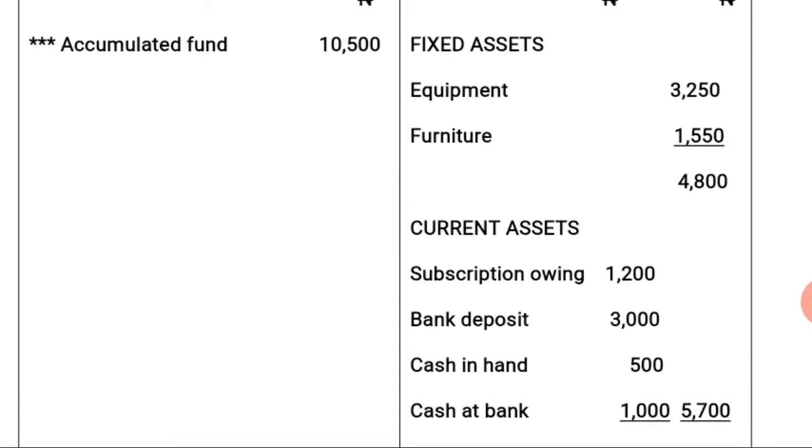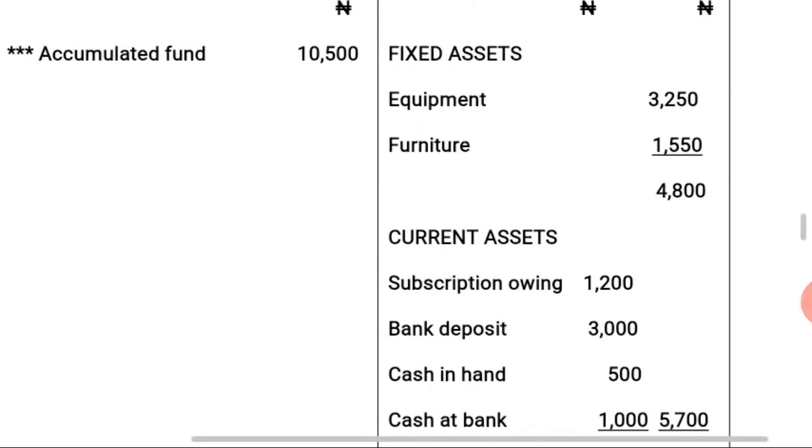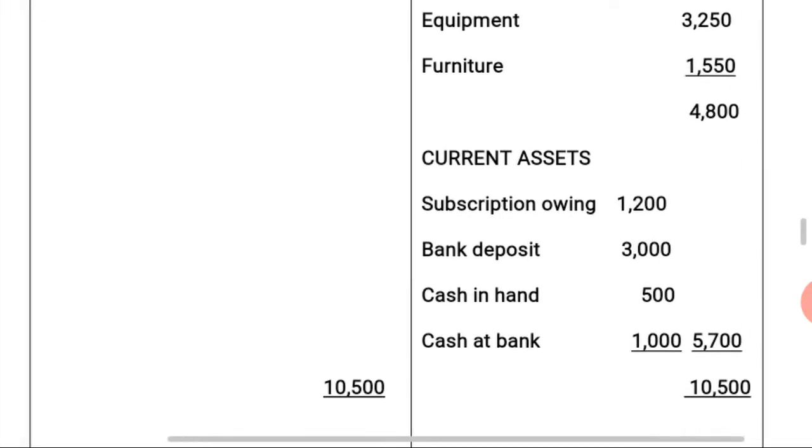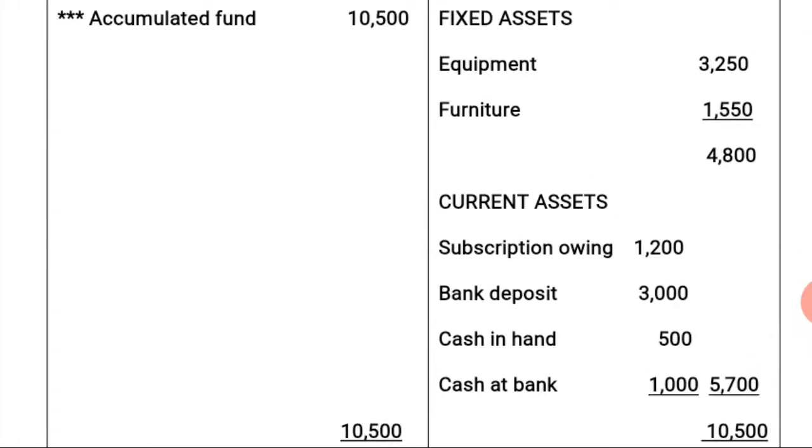Having critically looked at the question, there is no liability as at the end of the year 2013. There is no non-current liability as at the end of the year 2013. Due to this, the total value of our assets will now be used as the accumulated fund, since we do not have any current liability. Since we do not have any liability as at the end of the year 2013, the total value of our assets will now be